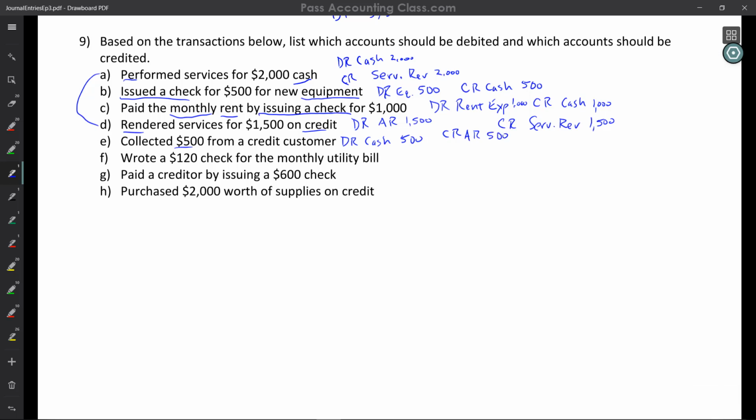Next, it says we wrote a $120 check for the monthly utility bill. So here, if we wrote a check, that means we credit cash, $120, and we're going to use an account called utility expense. Utility expense is an expense account. We increase the balance of an expense account by debiting it. So we will debit our utility expense